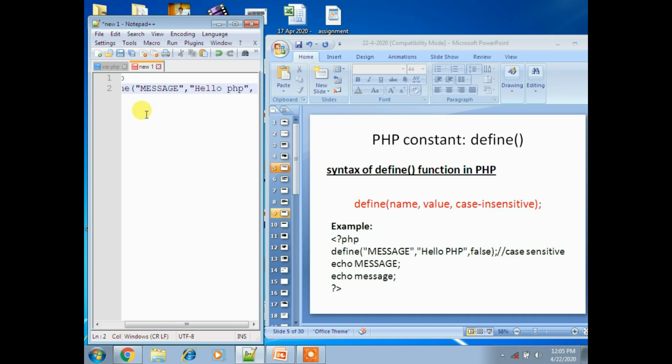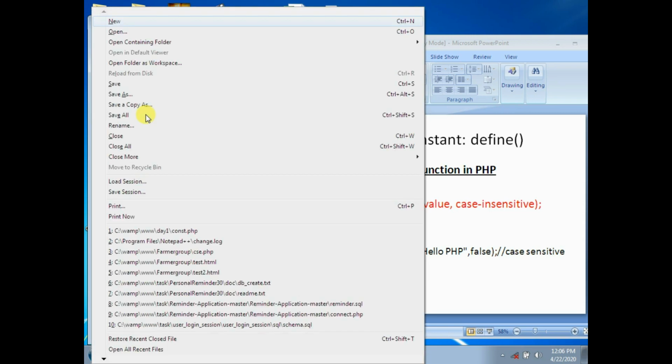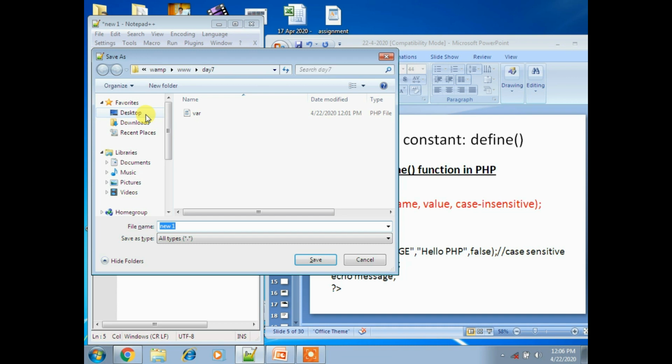Since you are applying case sensitivity, we have to pass the third parameter as false. Now another statement, echo message, echo MESSAGE. Now save this program with the define function, so I use the file name def and save.